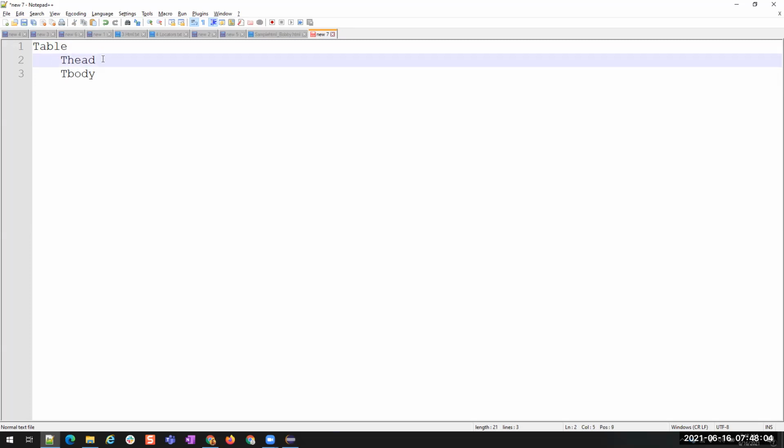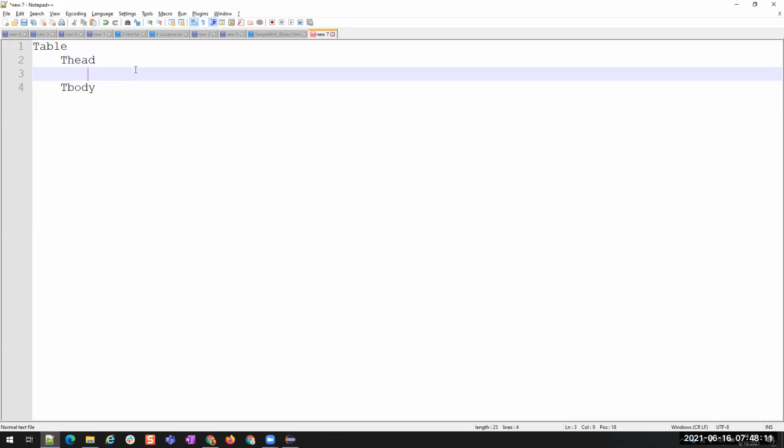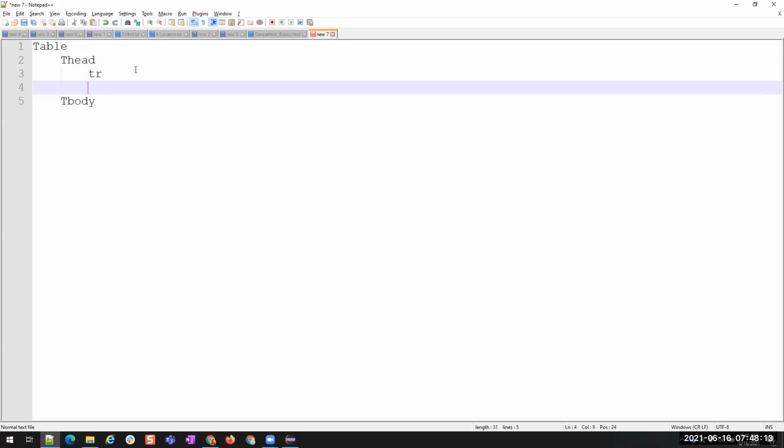Now, inside this T head, we might have multiple rows per header, or a single row. So here we will use TR, and to represent a cell or a column inside the T header, we can use TH or TD. Both are possible. TH means table header, and TD means table data. You can use either.